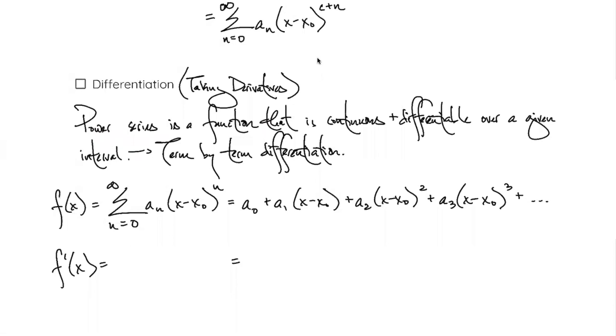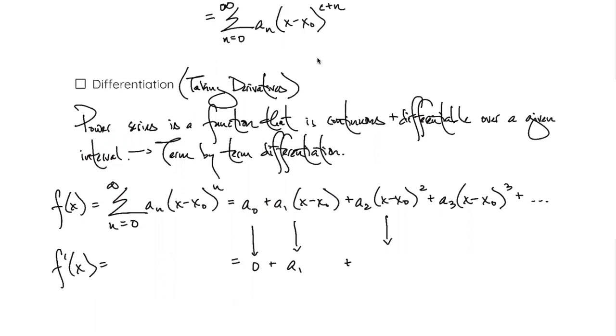So this first term is going to go away when I take a derivative. What about the derivative of a sub 1 times x minus x naught? Well, the derivative of x minus x naught is just going to be 1. And so that leaves our derivative, so let's get 0 plus a sub 1